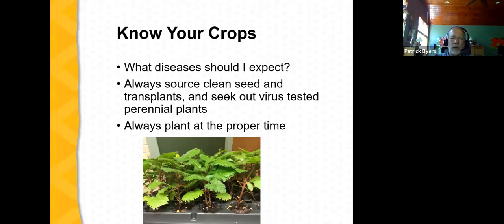These are plants that are actually developed through a process called tissue culture. And they are generated under aseptic conditions in a lab. The parent plants that were originally sourced for the cells that are used in tissue culture are tested repeatedly for viruses, and only clean plants are used. And so if we purchase these tissue culture plug plants and plant them, we can be reasonably sure that we're starting off with virus-clean plants at planting time. And then, of course, plant at the proper time.